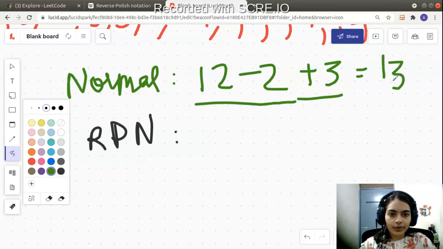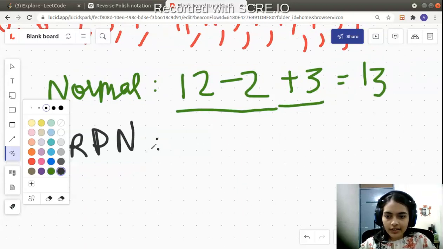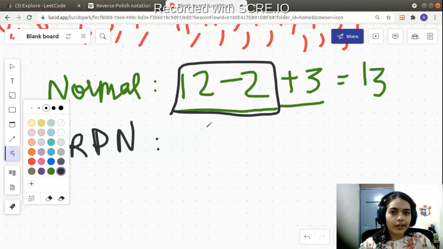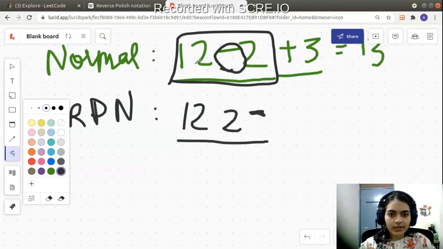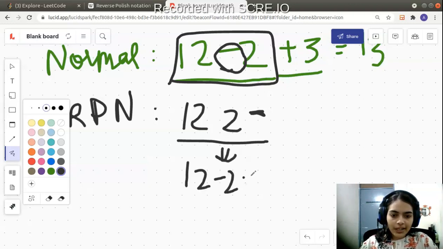But if you have to write it in reverse Polish notation, just observe the first part. You take the numbers 12 and 2, and the operator, the minus sign, you put at the end. This is the reverse Polish notation for the first part, and it will evaluate to 12 minus 2, which is 10.